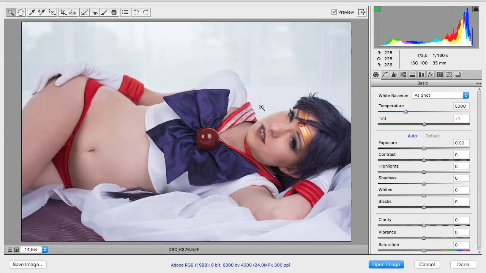Okay, hey guys, today I'm going to show you how to use Camera Raw. Camera Raw is the pre-processing software that you can use with Photoshop. The capabilities of it are exactly the same as Lightroom, but why I prefer using Camera Raw to Lightroom is